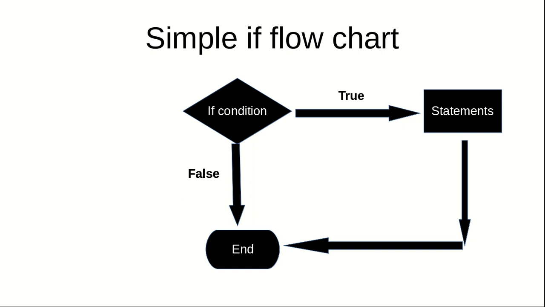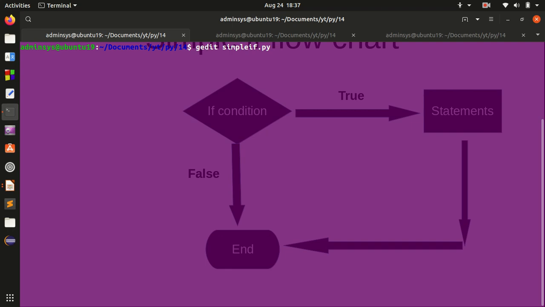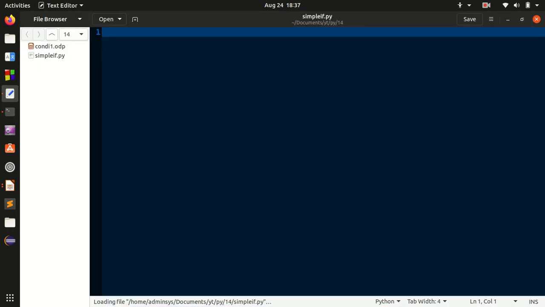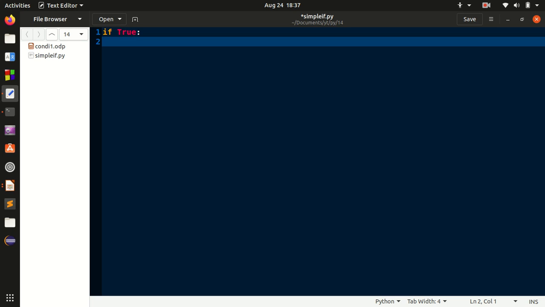So let's see how we can do simple if in Python. I will open the editor. I will just say if True colon, and after entering the if block, give a tab space for the indentation, so that the Python interpreter will know that this block belongs to the if statement.